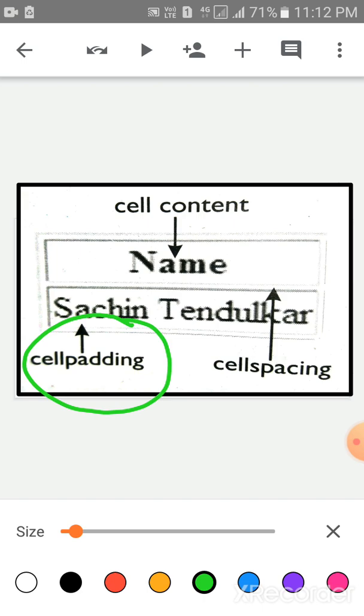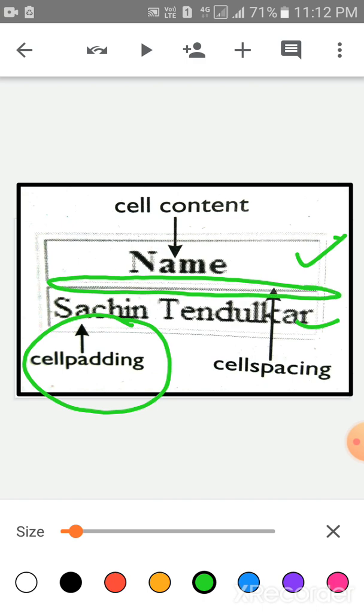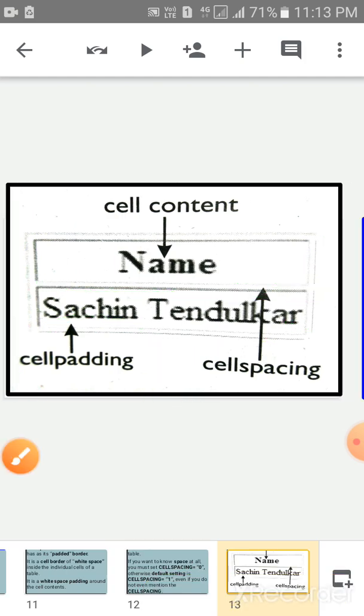And cell spacing refers to the space left between each cell wall in a table. These two cells are there, 1 and 2. This is the cell spacing, the space between the two cells. And this is the table heading, name, cell content.